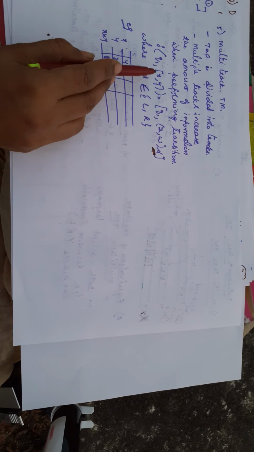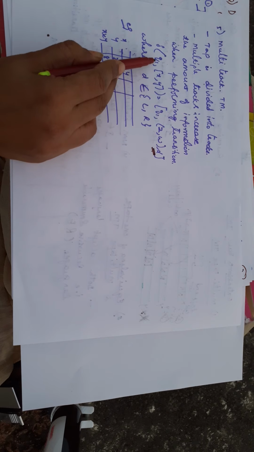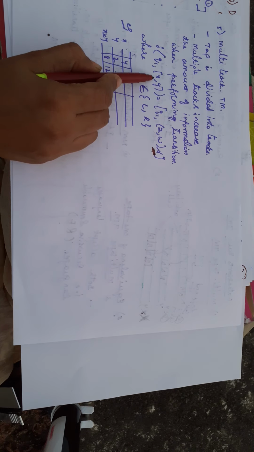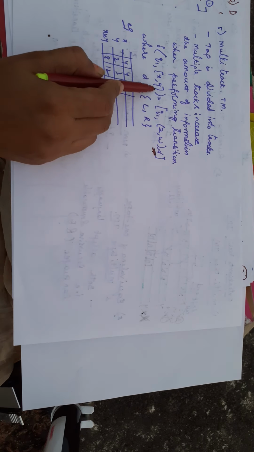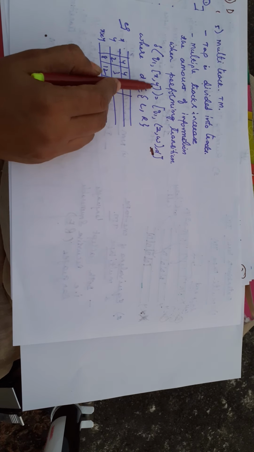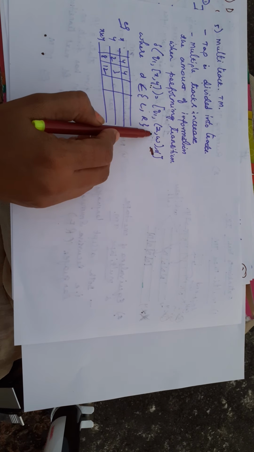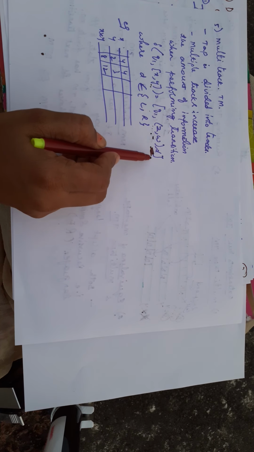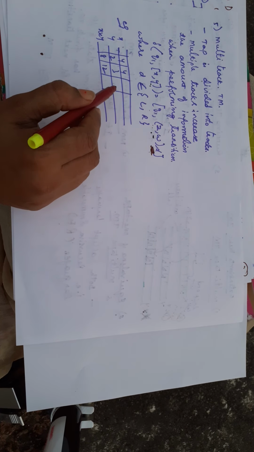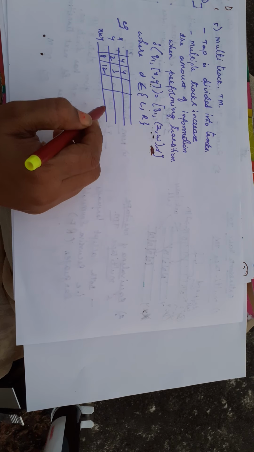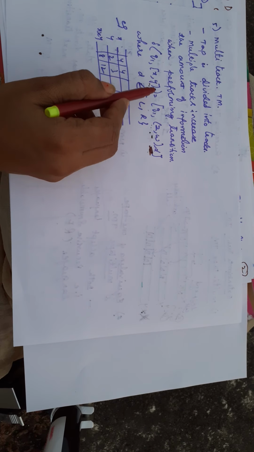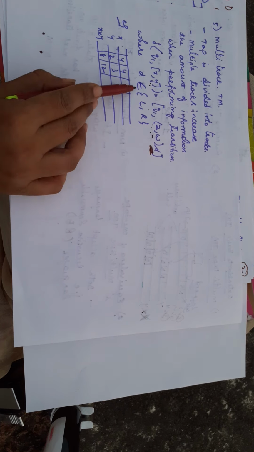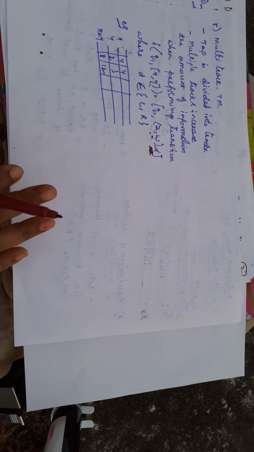In a single tape we have one state and one input. Here multiple tracks are there, so you can have more than one input, for example two inputs, and you can also generate more than one output. We will also add the direction, that is whether the read-write head is moving towards the left side or right side after reading this input x or y. D indicates the left or right direction. So this is about the different types of Turing machine and the comparison between single tape and multi-tape. Thank you.